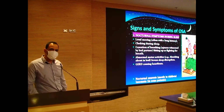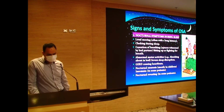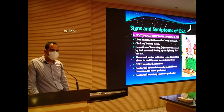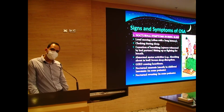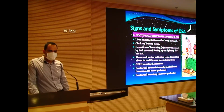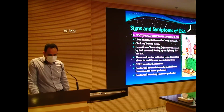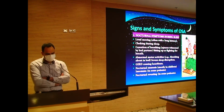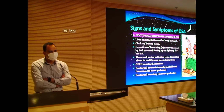Okay, signs and symptoms of sleep apnea. Nocturnal symptoms during sleep apnea are usually reported by other people, usually by spouses or other people in the house: loud snoring, choking during sleep. So they will be reporting something like fighting for breath, as well as cessation of breath (apnea) witnessed by others, abnormal motor activity due to frequent arousals, gastroesophageal reflux disease,